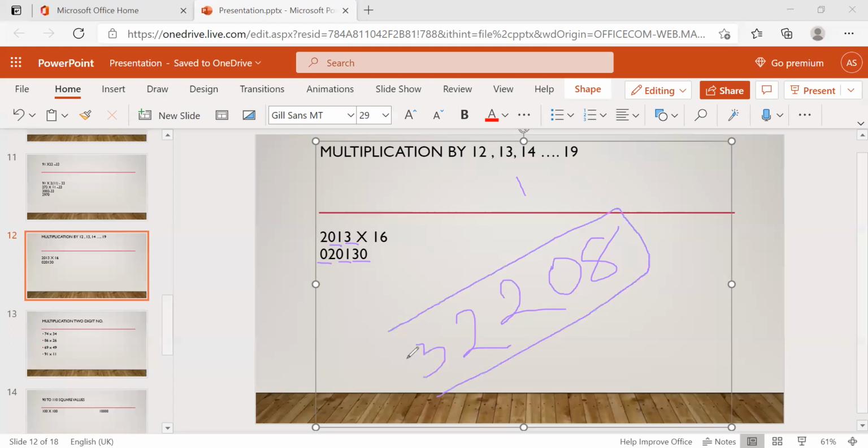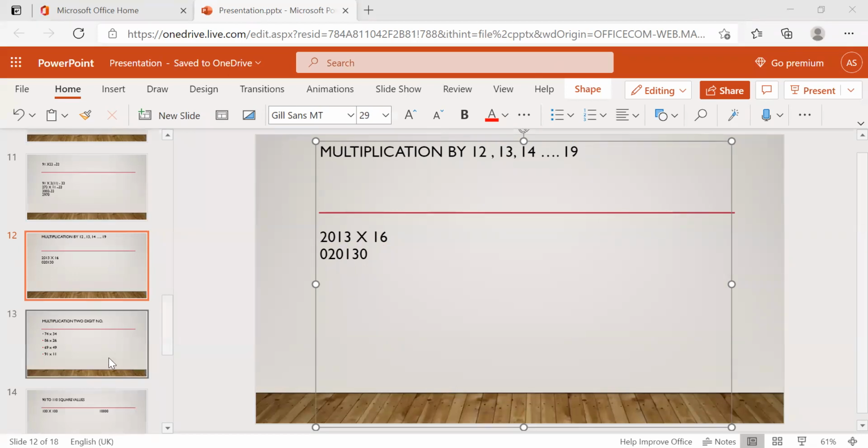The same procedure we saw yesterday for 12, 13, that way 14 up to 19, it's the same procedure. Just add zeros, the number of zeros based on the digits. If 2 digits are there, we add 1 zero. If 3 digits, we add 2 zeros. If 4 digits, we add 3 zeros, always one less. After adding the zeros, we add two digits at a time like this. Okay, it's clear now. So up to 19 it's the same. Try some more problems and you will get good answers.